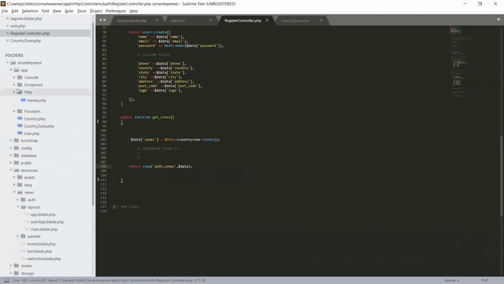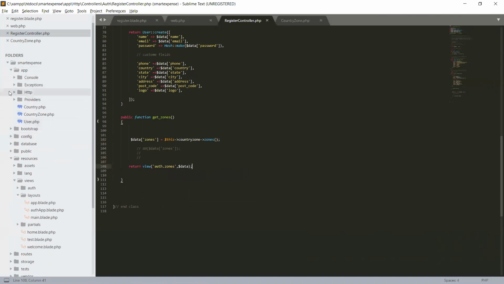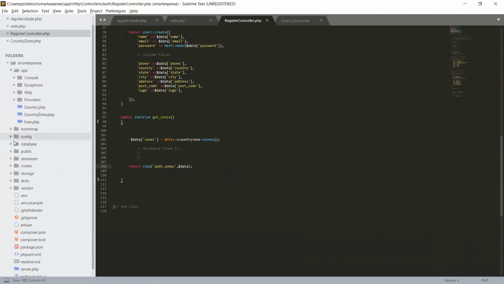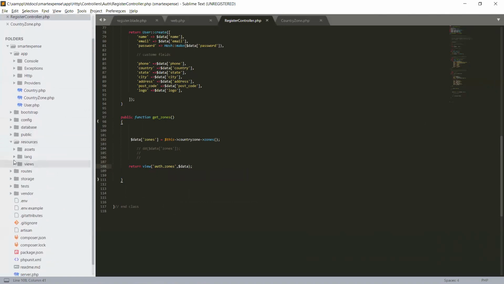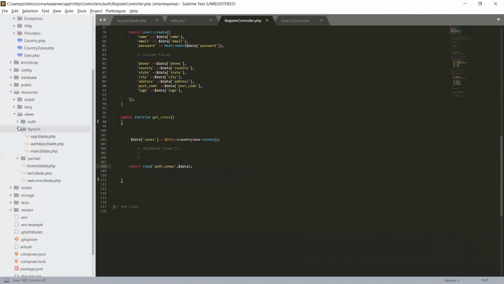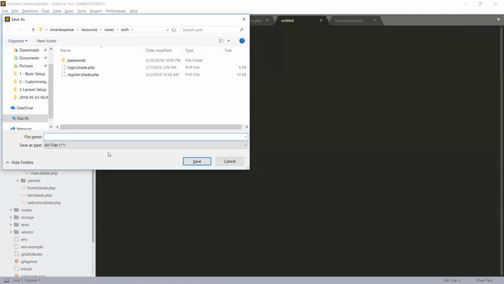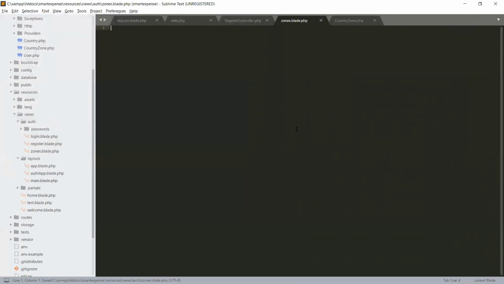Okay, close this, and come to our views, resources, views, auth, and under auth we will create a new file, Control S, and we will name it zones.play.php. Save it, and here we will